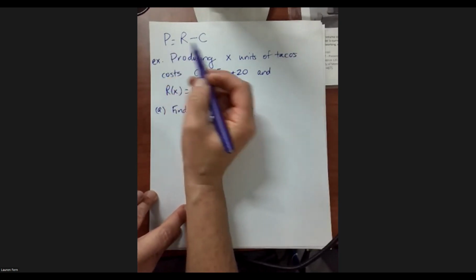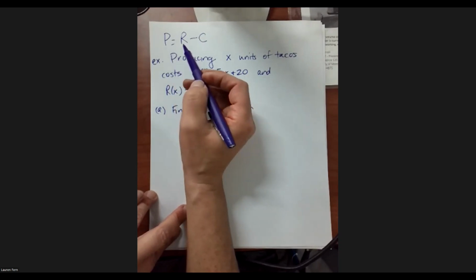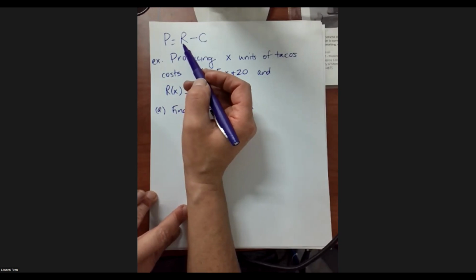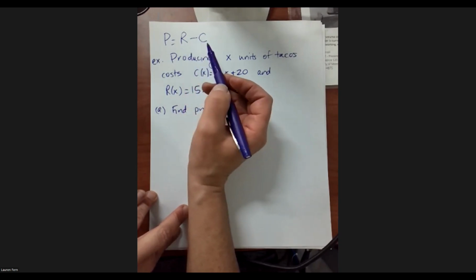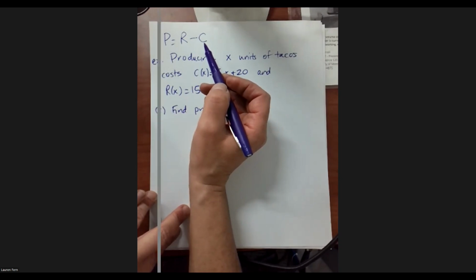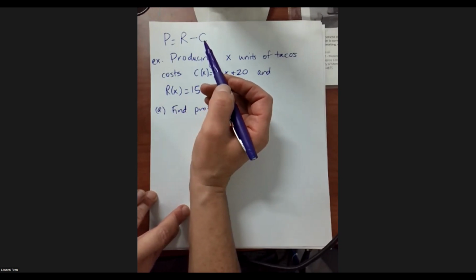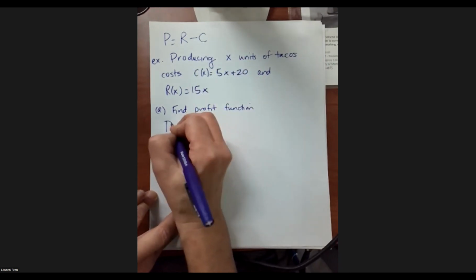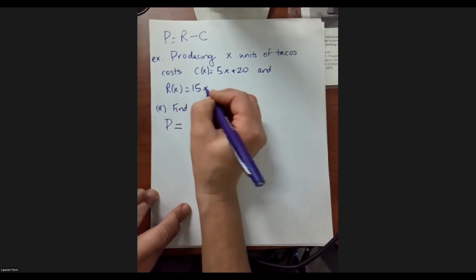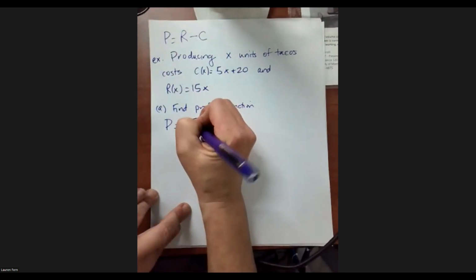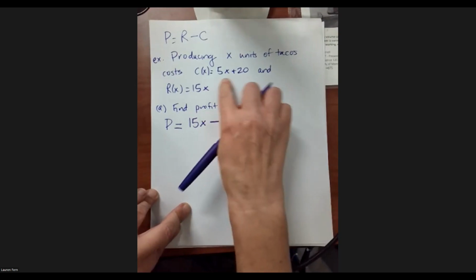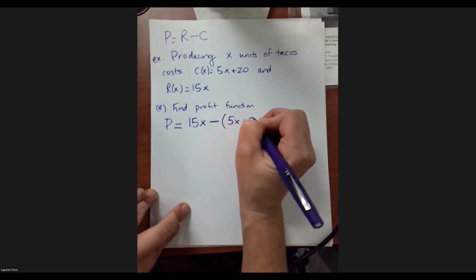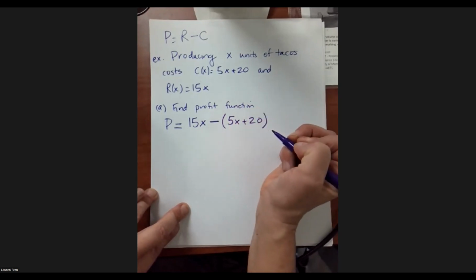Okay. Well, again, we have the formula that the profit is equal to your revenue function minus your cost function, right? Take all the money you make, subtract off all your expenditures, and fingers crossed for a positive number, right? Okay, so let's do that. Our profit function, literally, you take your revenue function, and then you're going to subtract off your cost function. You got to be sure you subtract off your entire cost function.